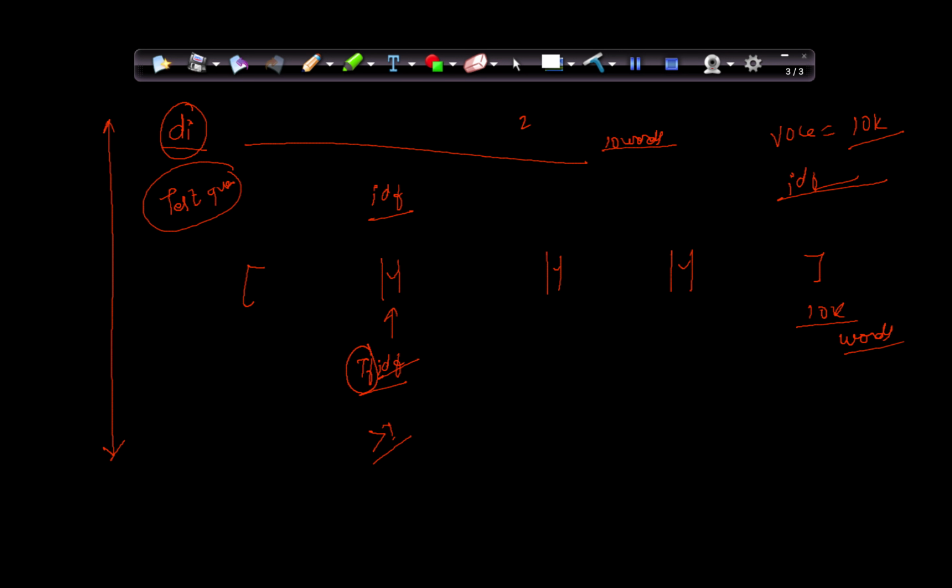Now suppose this document contains a word WN which is not present in this particular vocabulary. Then we will just ignore this word. We will not consider this word during vectorization. We will behave as if this word was not present in our document. We only consider the words that are present in the vocabulary, because once our vocabulary has been built, we cannot vectorize words that are not present in it.